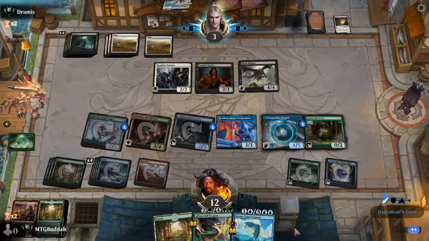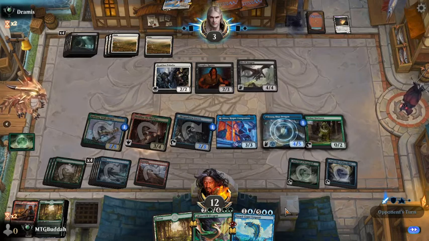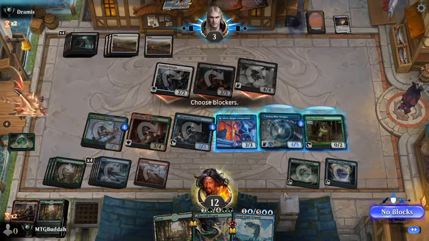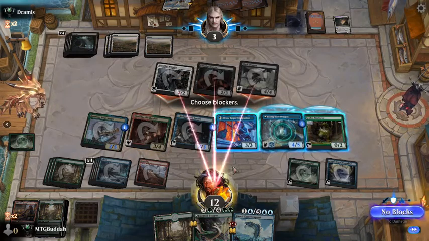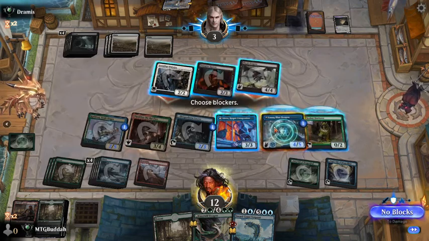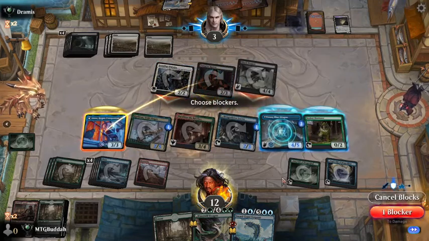So yeah, I think that's pretty good. I think he's just dead here. Yeah, he's attacking out. That's fine. My guy has hexproof. Do I block with anything? If I block there,